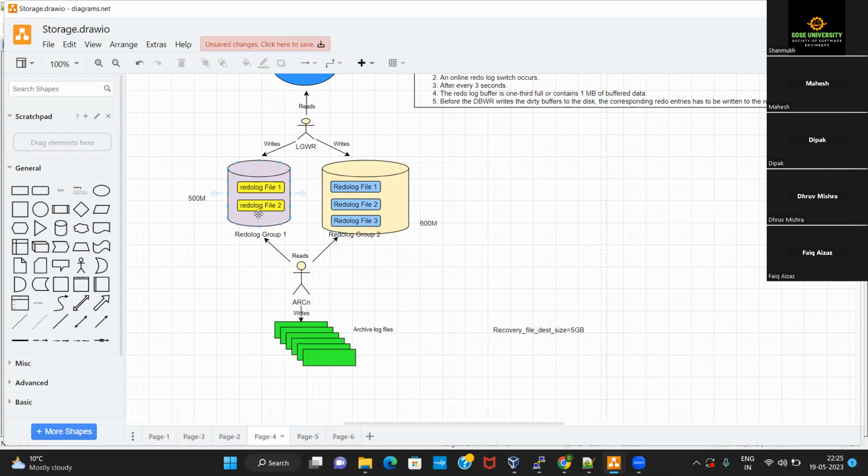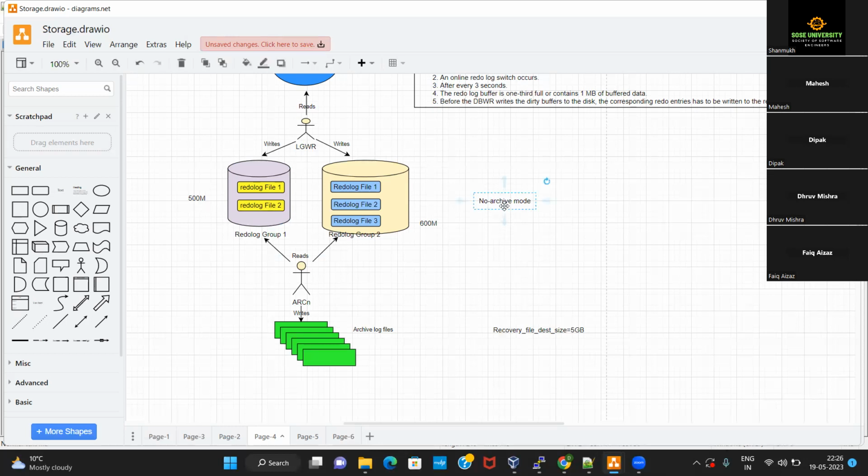So those databases you can afford to run in something called no archive mode. So what is this no archive mode?